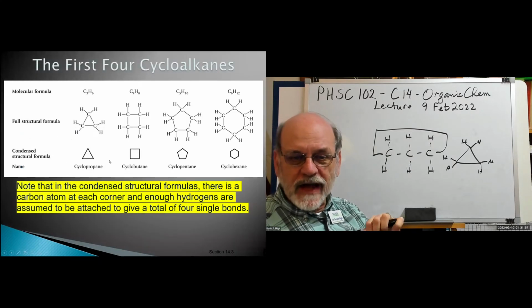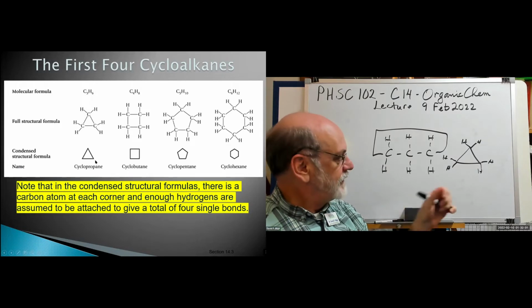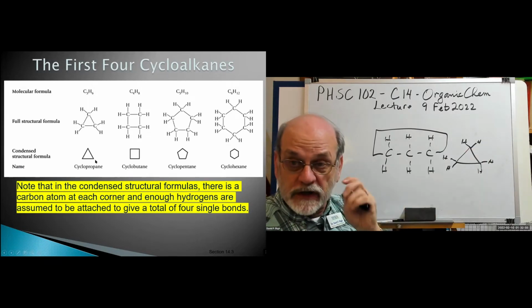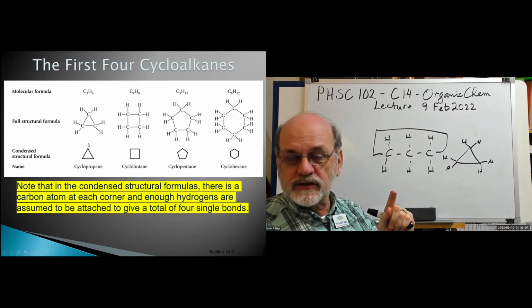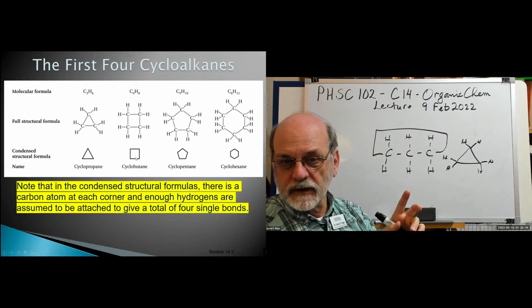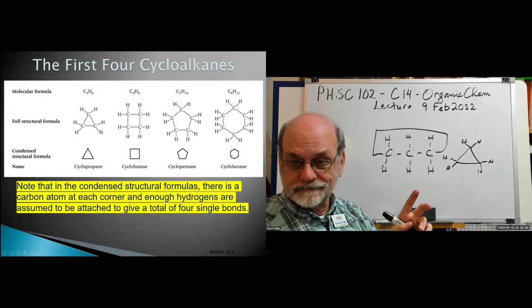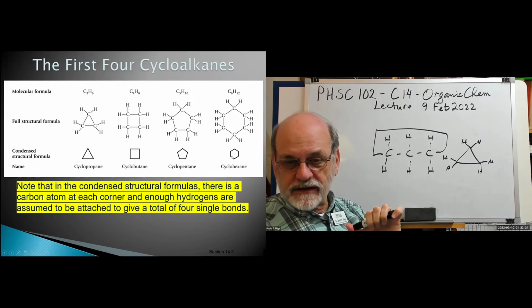Okay, here's cyclopropane in the condensed structural formula, right? I didn't have to draw those hydrogens in there because we know that each carbon has 4 bonds. So this one has 2 bonds, it needs 2 more, and those are filled by hydrogens. Butane, we can do the same thing, makes a square structure with the carbons. Cyclopentane, cyclohexane. Okay, just as a note,